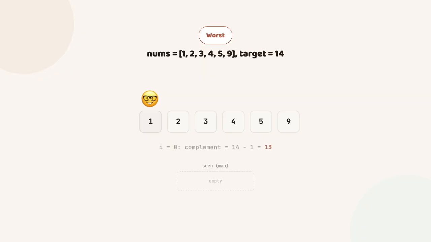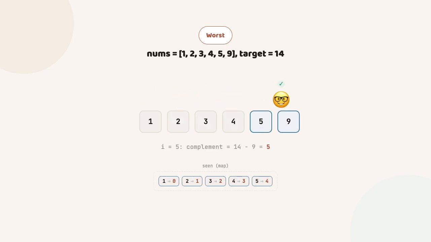Now our worst case. Our target is 14 and the worst case means we have to iterate through all the elements to find the required value. 1, 2, 3 not found, 4 not found, 5 not found, 9 found. So there are 6 steps and we found it in step 6. This is also order of